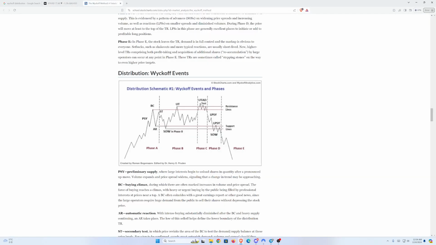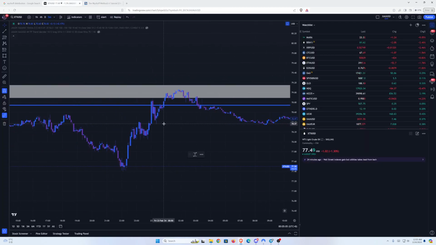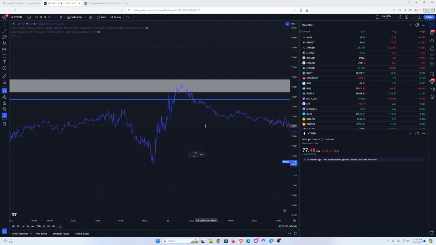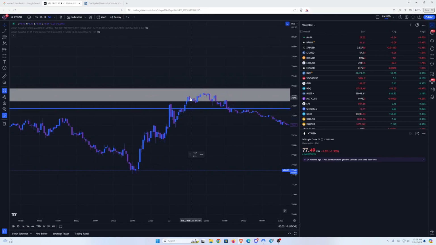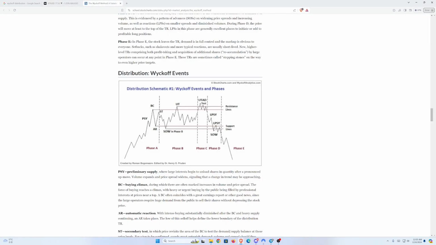And then after it is another point where the LPSY is below all these, which is in here. LPSY somewhere in here, right? Even though this doesn't matter, there's first top, second top, third top. And if you go into the 1 minute time frame, you'll see it. And then this will be the PSY, this one, LPSY, SOW.